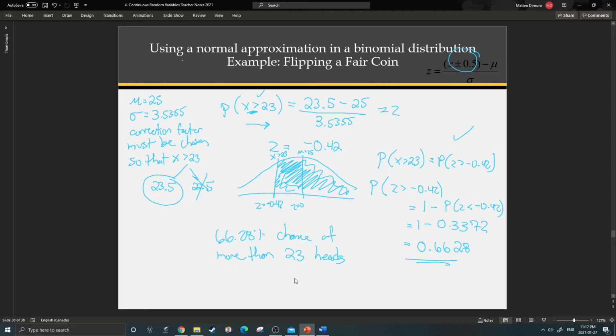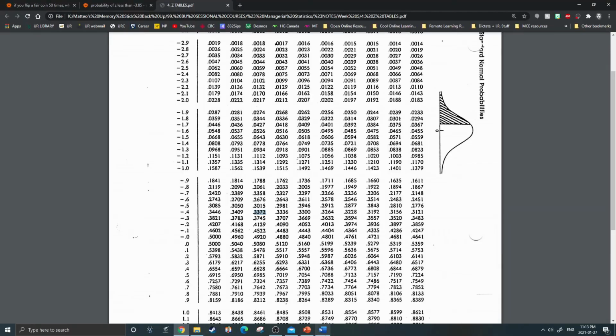Okay? Now, some of you might be wondering, well, if I did this question using the binomial theorem, and I just calculated probability of 23, 24, 25, all the way up to 50, and added them all up, would I actually get close to 66.28? Because remember, this is an approximation, so it won't exactly be the same as using the binomial, but it should be pretty dang close. Well, I went to my favorite calculator,